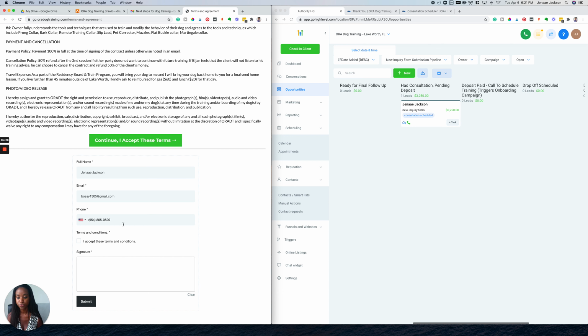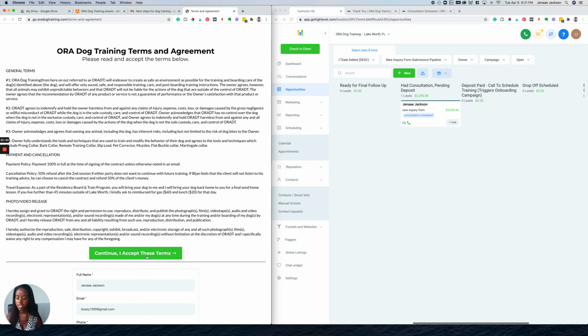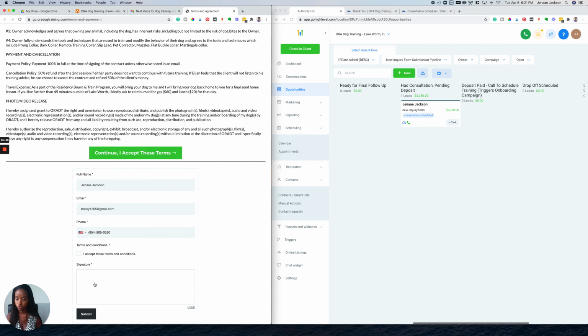Amazing. So here, he can either have them fill out a form, which is awesome because then they can actually sign a signature, or they can just click a button and that will take them to the payment. If they do this way and submit, it will redirect them to the page that accepts the deposit payment. Or,